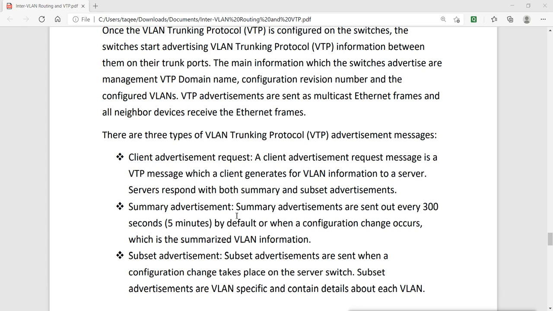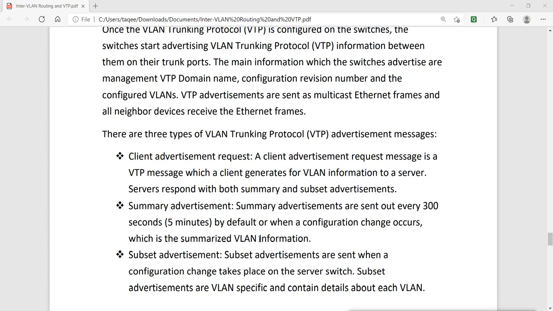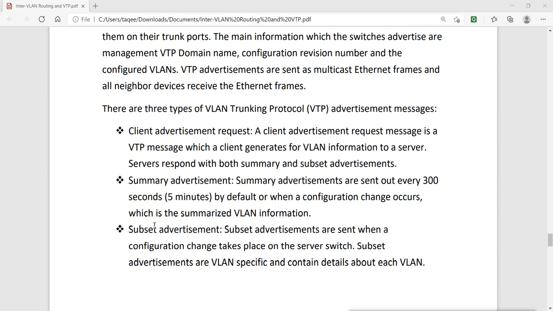It is generated from the server when there is a change in the VLANs. You add VLANs, you remove VLANs, then it sends these messages. Subset advertisements are sent when a configuration change takes place on the server switch, and subset advertisements are VLAN specific and contain details about each VLAN.